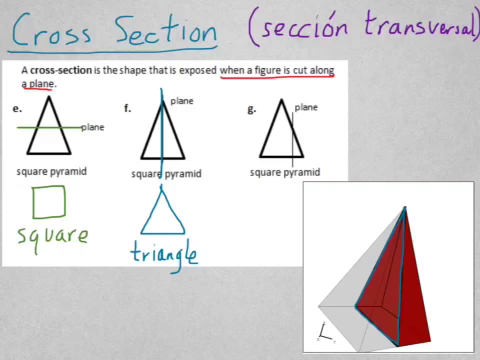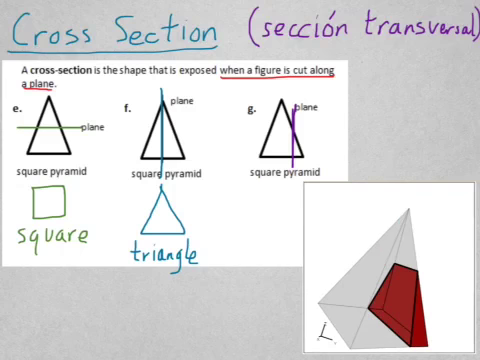What about G? Can you get that one? If we cut it along that plane, it would look like this. What shape is revealed? That's a trapezoid. Did you get it? Okay, so that's the